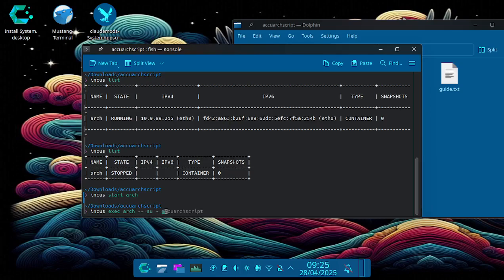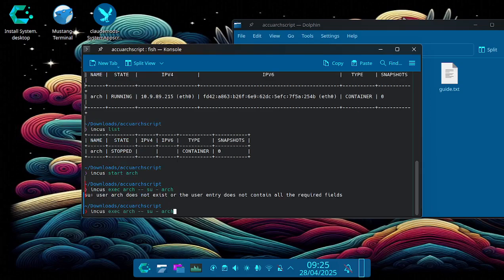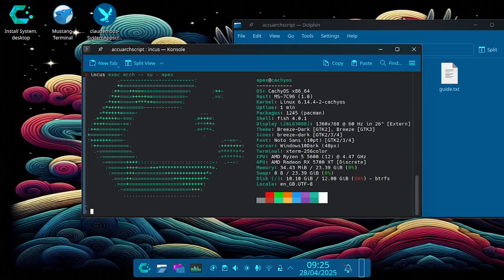Basically this is the way to log in. Since the user is called Arch and the container is called Arch, I'm basically going to start the container. No, the username is Apex. Okay. So then we want to nano